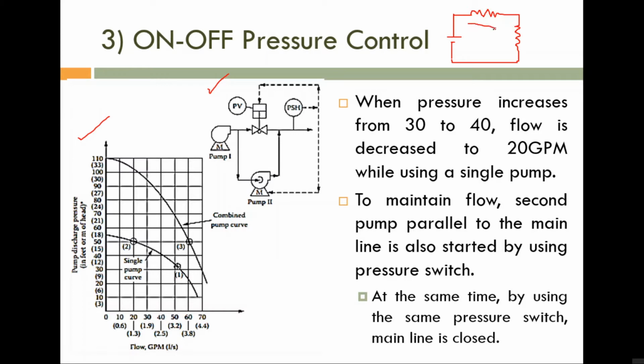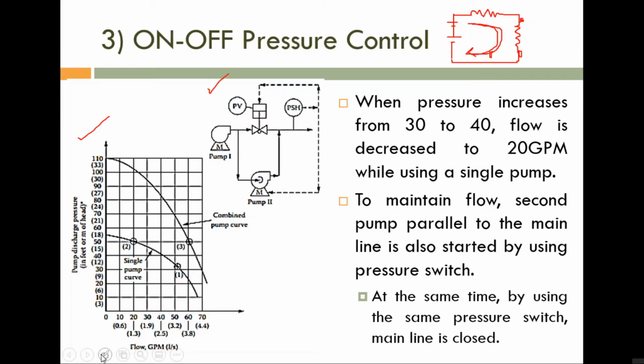So with respect to that, a flow rate is there. So current is equivalent to flow rate. Due to some reason, if the back pressure is increasing, meaning some loading potential is increasing, or if this equivalent resistance is increasing, what will happen? Definitely the current will decrease. So in order to maintain this current, what do we have to do? We have to add one more potential difference, one more voltage source. By adding one more voltage, we can maintain this current. So the same concept is used here.